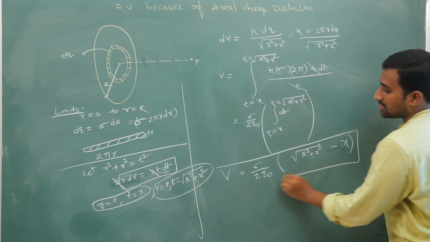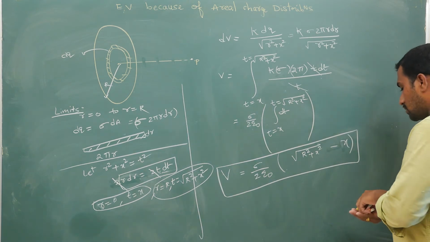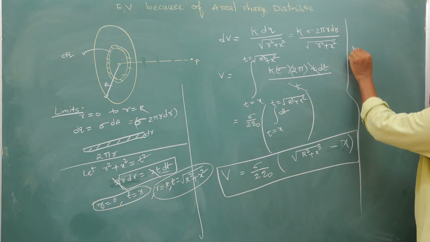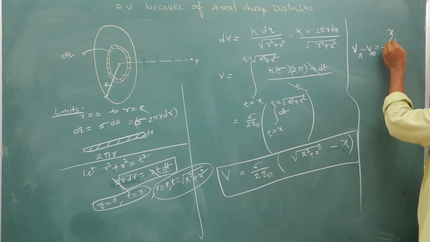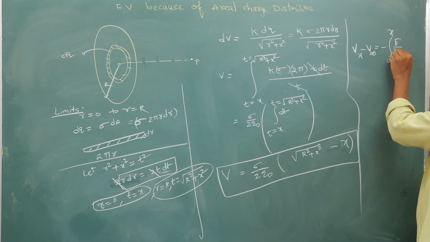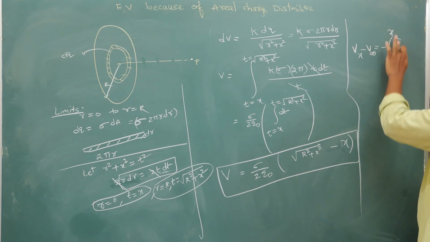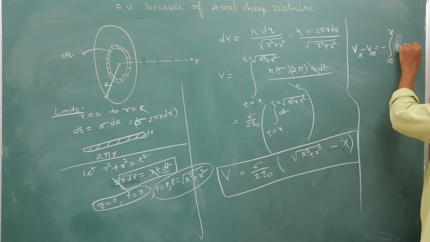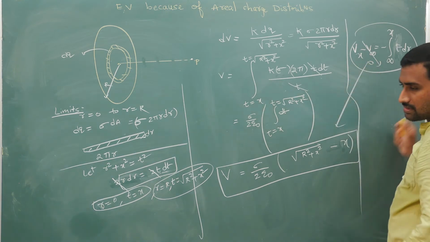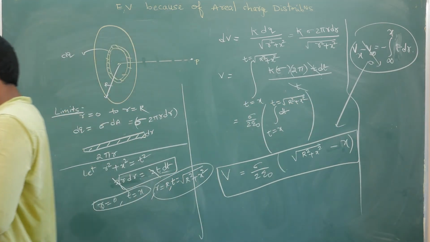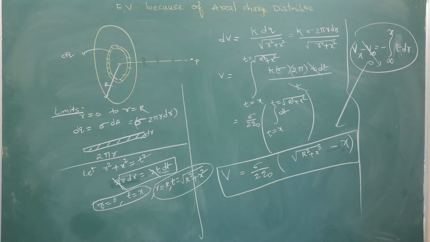Now to check whether this is correct or not, as usual you apply this method, that is V at x minus V at infinity is equal to minus integral from infinity to x of E times dr bar. So substitute that E times dr bar, and for potential at infinity, in the end you substitute 0, and automatically you will land up at this answer. So check it. Through the second method also you can get it. You don't need to take the strip and then integrate it, but I want you to do the other method as well.